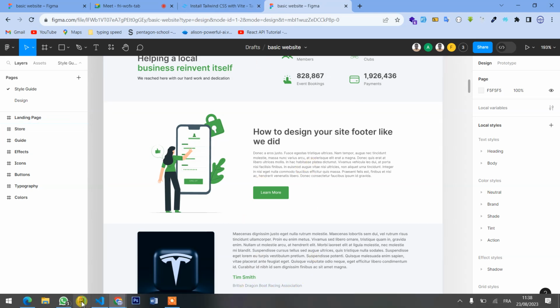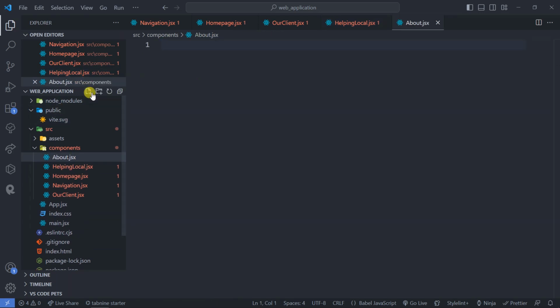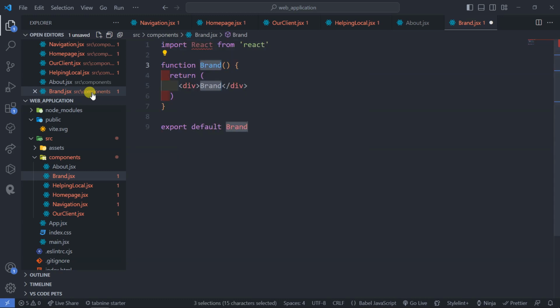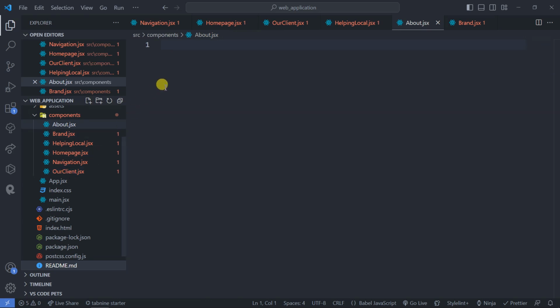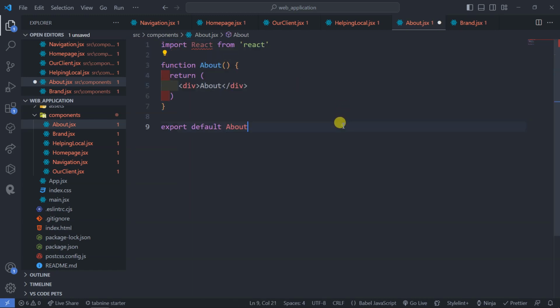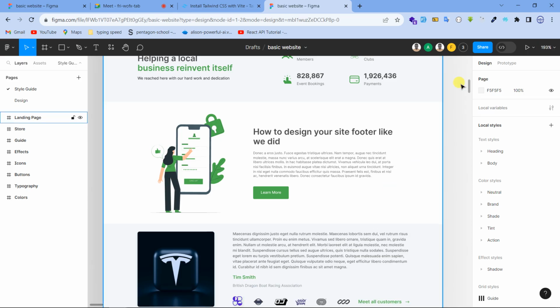About the brand. Okay, we go. Let's say here you can put about JSX, not about us, about. Next we can put about brand.jsx, so rfce, so that we can generate this basic function for all of us. About also, rfce, react functional component with the export. That's the meaning of it. You can create that one, and then once we keep scrolling down, okay, we are now done with this